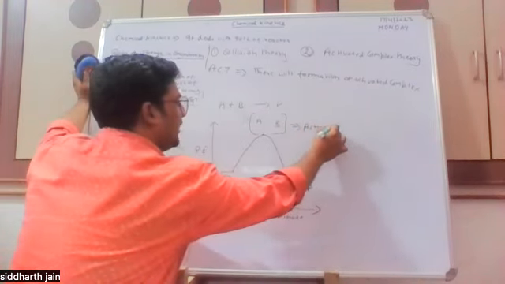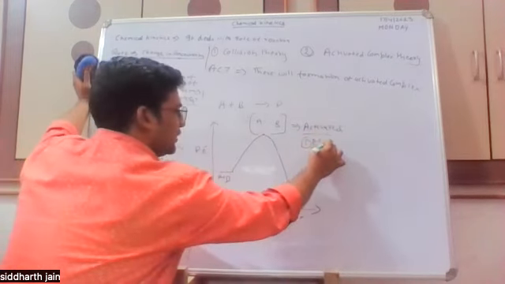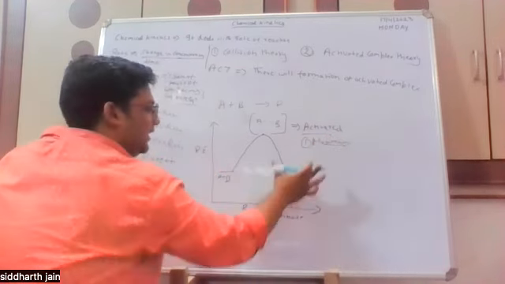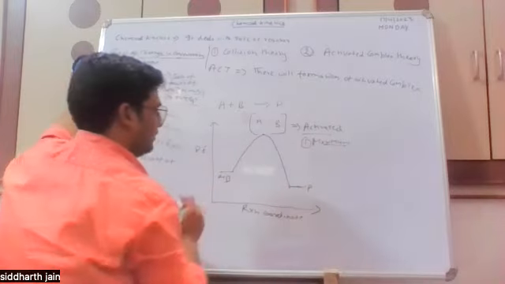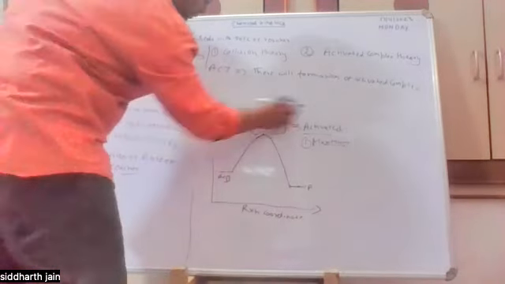Now, why is it called the activated complex? Because it has, first of all, the maximum potential energy. That's why it is called the activated complex. And from there, it can easily dissociate into the products. So, from this diagram, we can say that the rate of a reaction